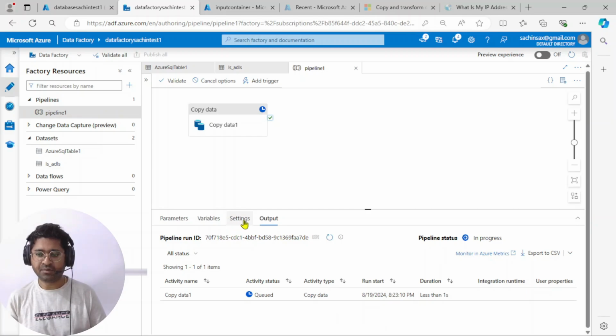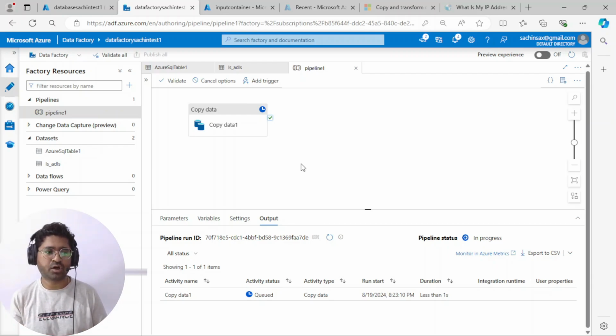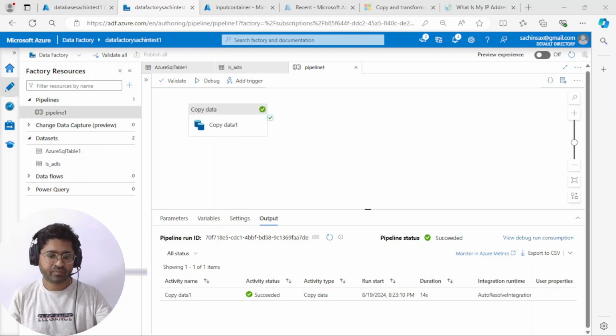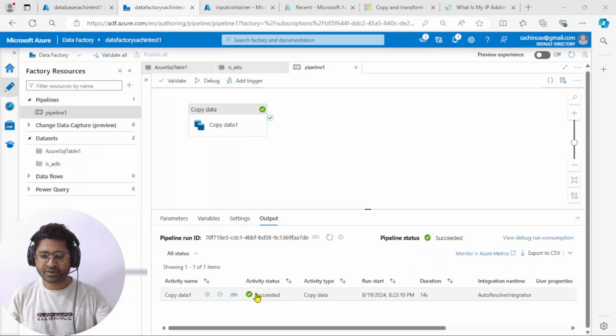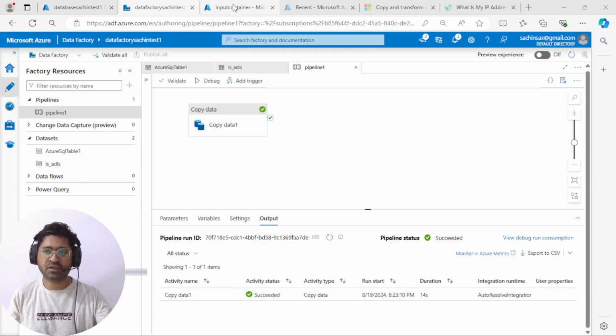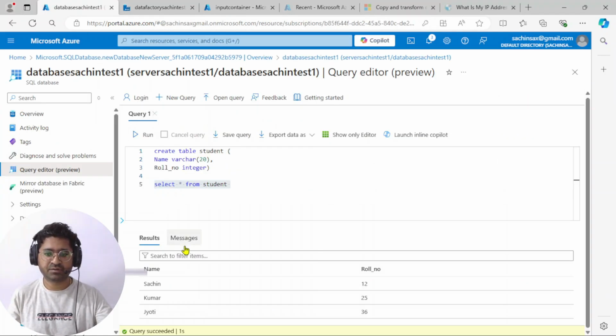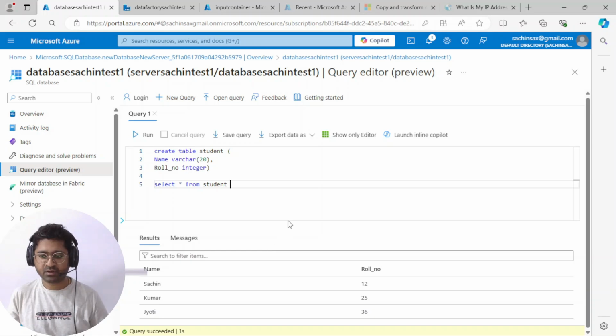All right, if it fails, then definitely there would be some column or mapping mismatch from the source to destination. Otherwise it would be successfully pasted, because we had already run this copy activity successfully. All right, here you can see at the bottom it's showing green, which means we can check our SQL part again. So here you can see we do not have